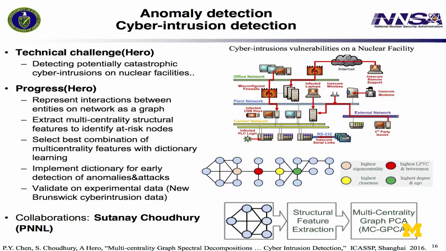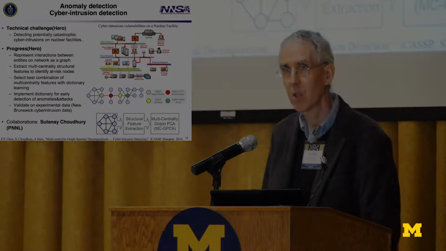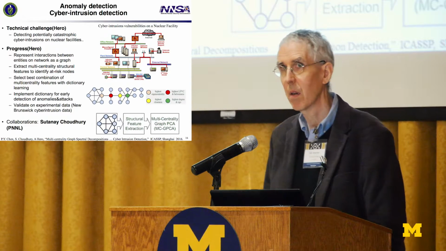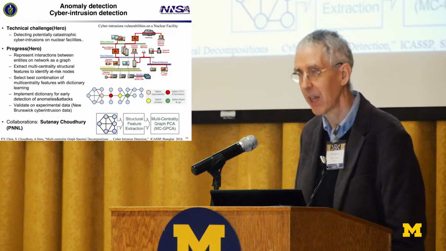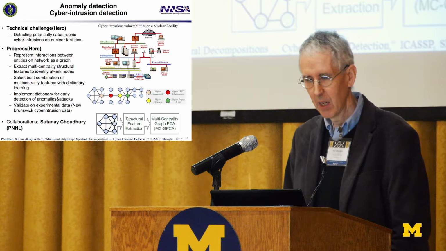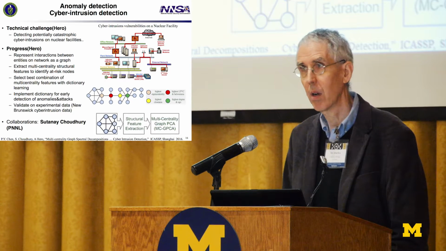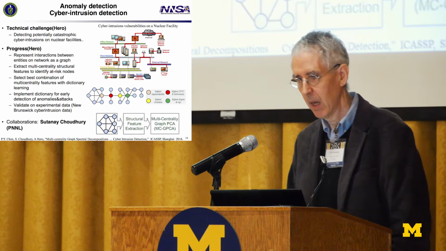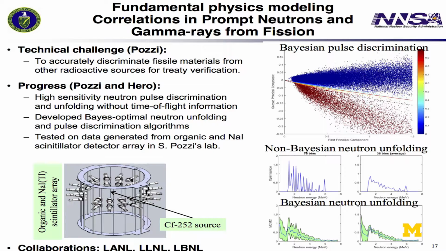Cyber intrusion detection, we have a talk coming right after mine, which will go into much more detail, but clearly this is a problem that has been of quite a bit of interest, and we introduced this method of anomaly detection for cyber intrusions that goes beyond just simple firewalls and simple univariate pattern analysis. We use a graph centrality, multi-centrality approach, which will be explained in the next talk, to obtain much more effective anomaly detection, cyber intrusion and attack performance than has been achieved in the past.